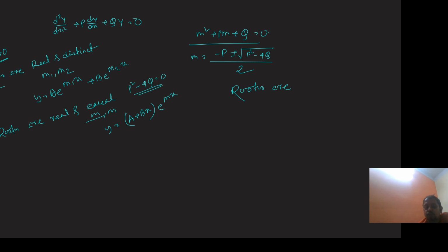Here the roots are complex conjugate, that is p square minus 4q less than 0. That means the roots are of the form alpha plus minus i beta, and the solution is y is equal to e to the power alpha x,